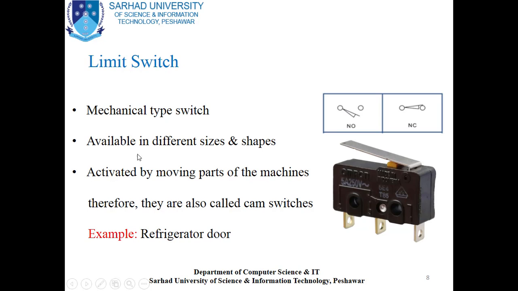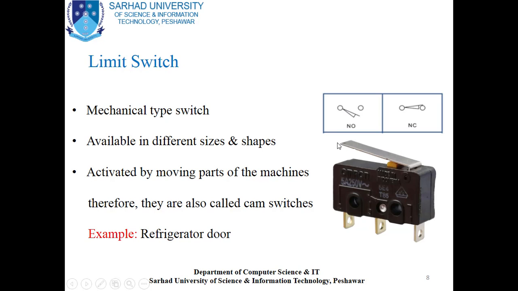Limit switch is available in different sizes and shapes. You can see the size and shape of the limit switch here in this pictorial diagram. Limit switch is activated by moving parts of the machines.